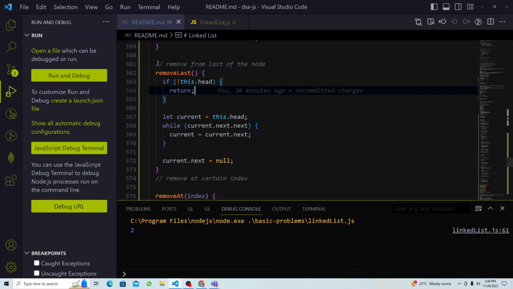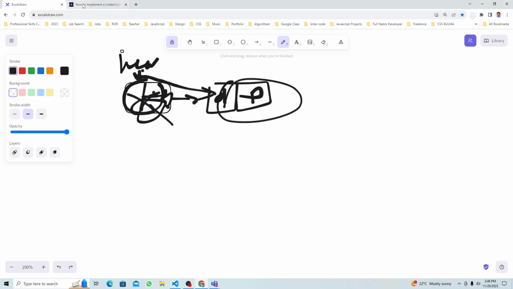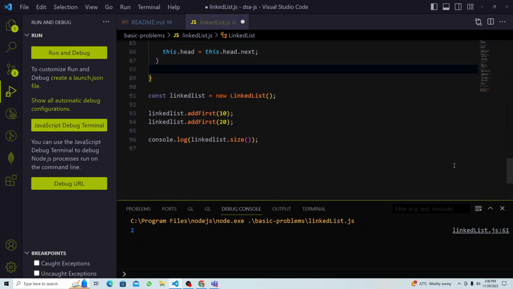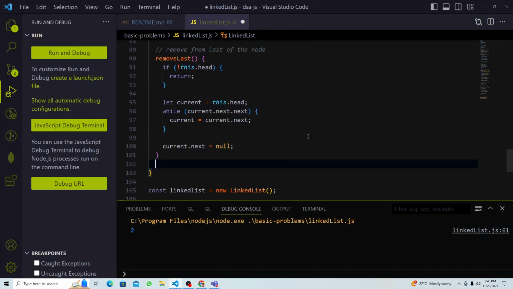Okay, how to remove the last node. Go back to our constructor and keep adding here. Again, we're going to check first if we have a head or not, because if there is nothing, that means there will be no head, then we don't need to go check. There will be nothing to remove. So we just return. Else, first we get to the head pointer, grab that current node,